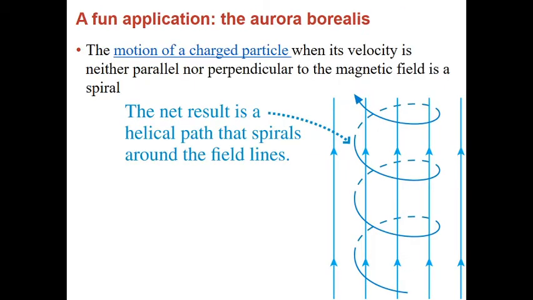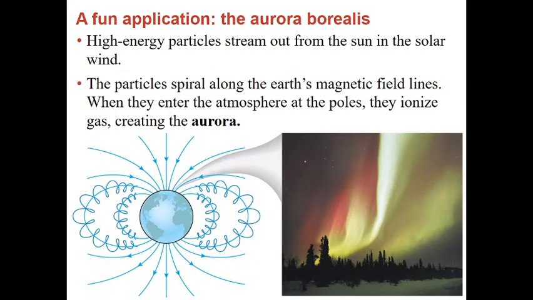This is how the aurora borealis works. So everything travels in a circle when B and V are perpendicular to each other. But you can actually get these helical patterns, little spirals, that will happen if V is neither perpendicular nor parallel. So we have a little bit that just travels along in the direction of the magnetic field and a little bit more that goes into a spiral. And I don't need to get too much into the weeds of that. The main reason that I wanted to show you this is so that we could get an idea for how